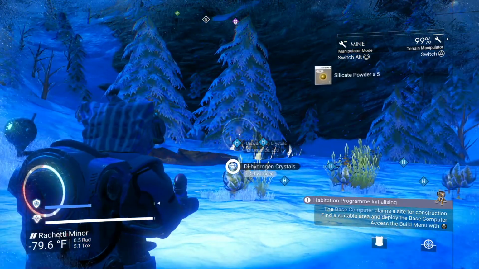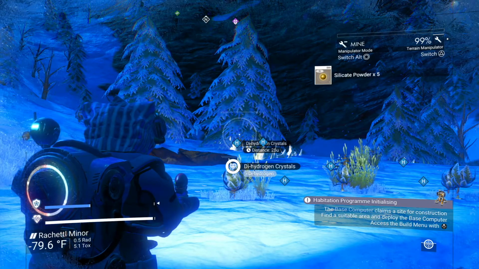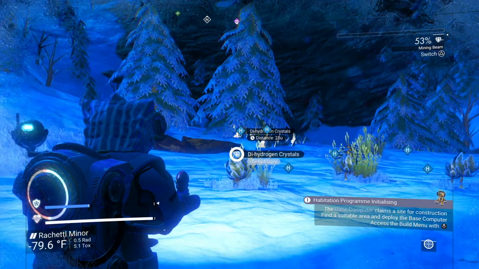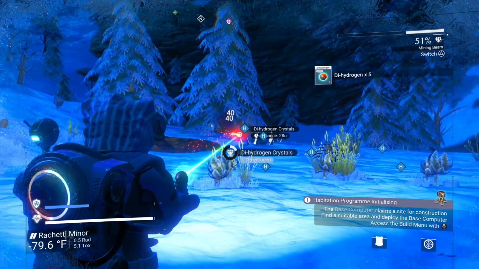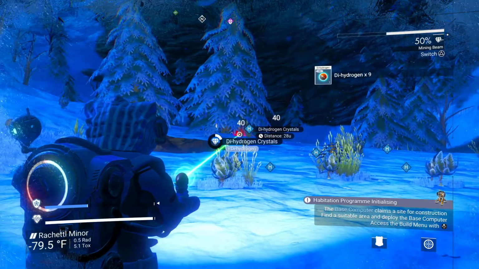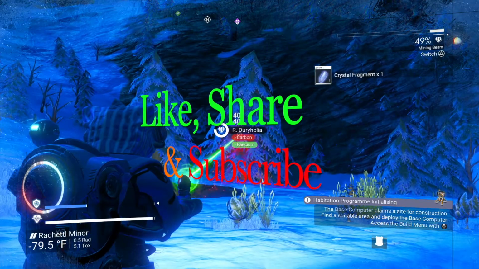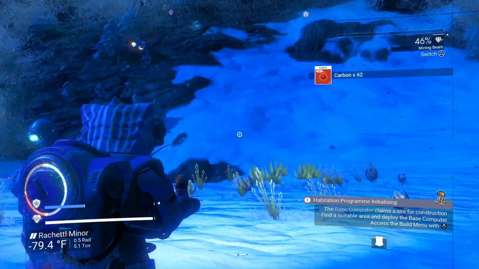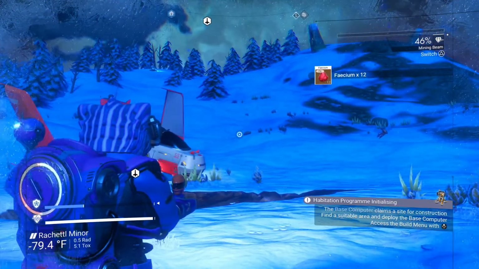Let's change from our terrain manipulator, which is the triangle button on the PlayStation controller, and we're going to go to our mining tool or our mining beam, which is the multi-tool. We'll pick up some of the dihydrogen that we have there. So this is carbon. I started on it. I might as well finish it. Alright, so let's turn over here and go back to...